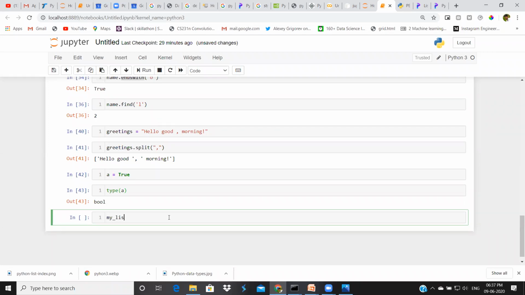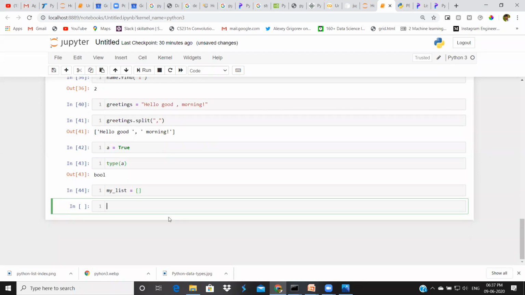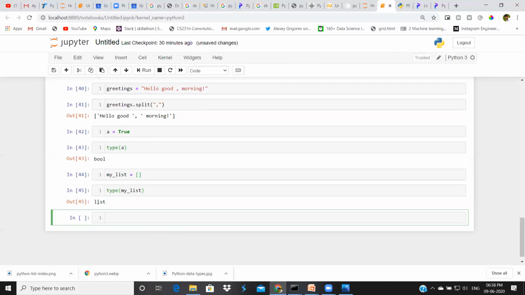For suppose I'm taking one variable my list equal to open bracket and close bracket. This is the syntax for defining a list. Just open bracket and close bracket. If you check the type, we will get list.